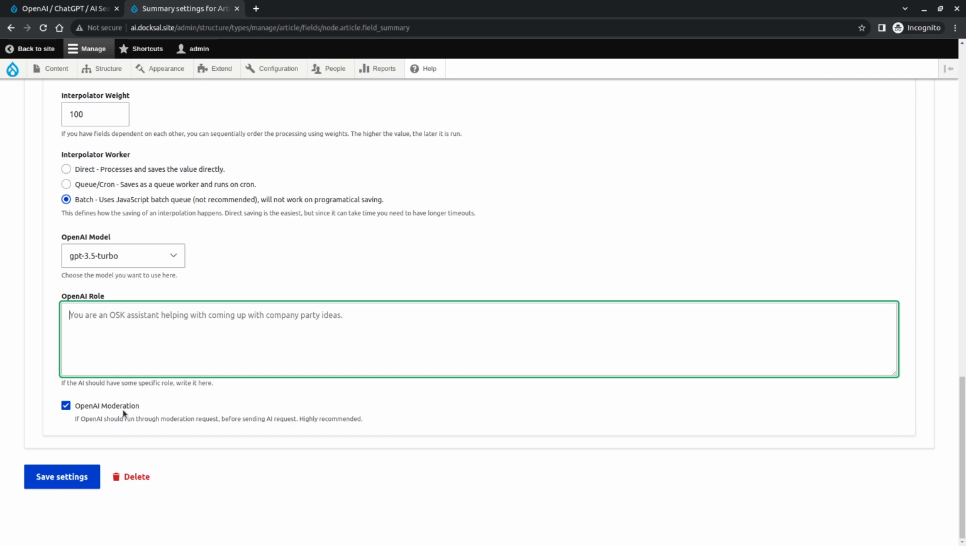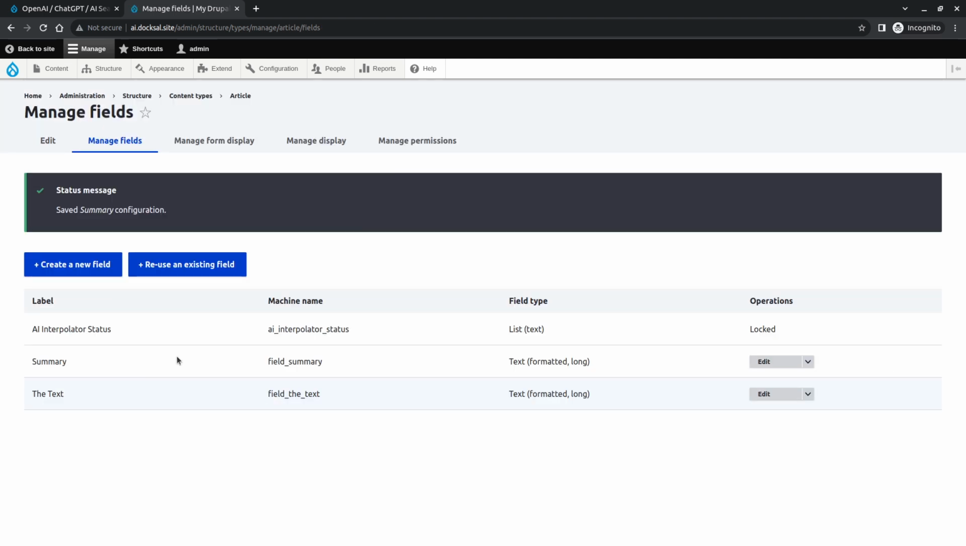The only reason I can see to ever turn this off is because it takes some half a second to get a response, and if you really are in full control of what's getting inputted there, you can of course turn it off then. So now I'm just saving this, and how this works now then when I go to